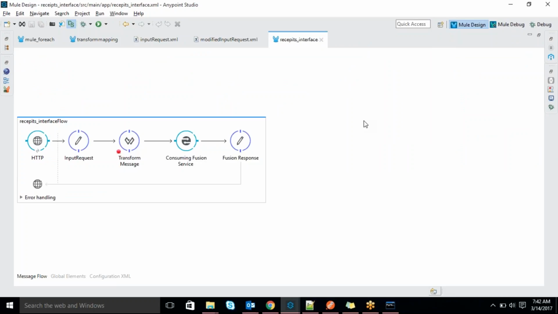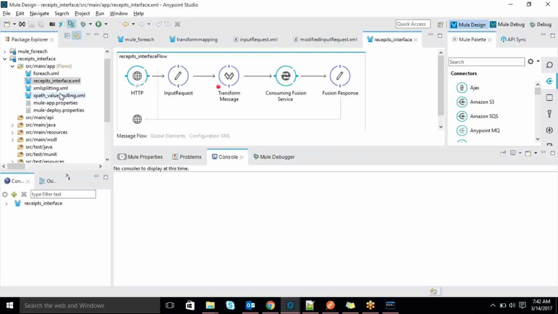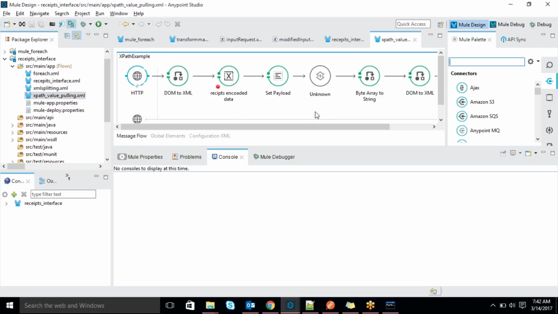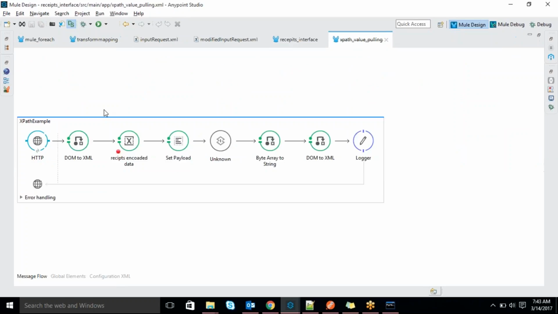So we have to use XPath, and first we have to convert it to XML in the proper way. Then we have to use XPath, and you can split the data. What is XPath actually? XPath is nothing but reading the data from the XML. After getting the data, we use the component to convert it to XML, so that it is now purely XML type.